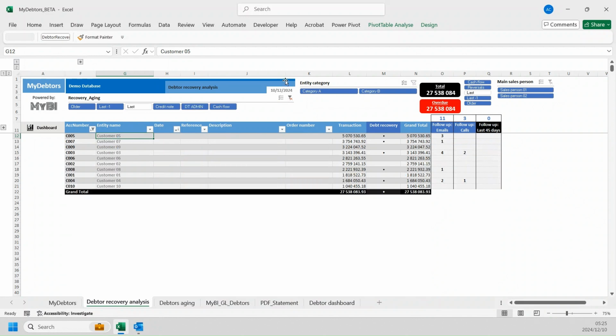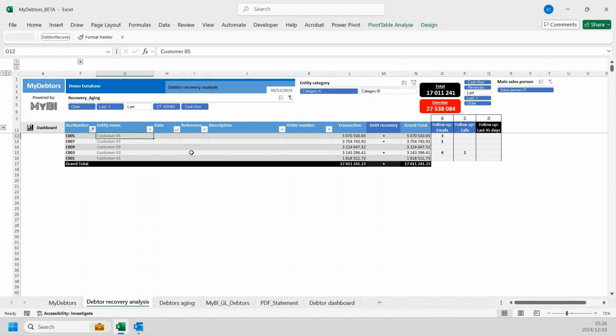From here, you've got some nice slices. It's already been pre-sliced on the aging bucket, so that you ultimately only see overdue ones that are overdue for more than 30 days from statement. And then you've got access to entity categories, meaning you can also focus your attention on specific categories of customers. If I were to click on specific customers or categories, it will only show me the customers